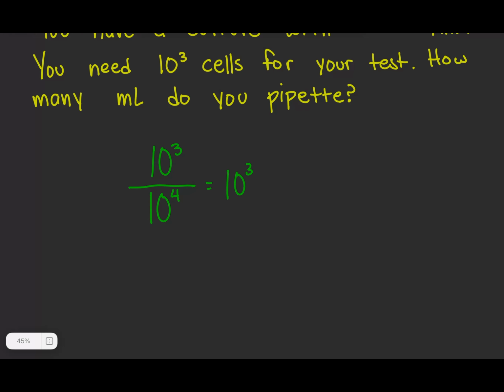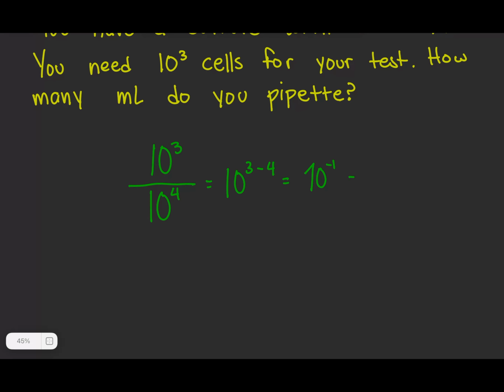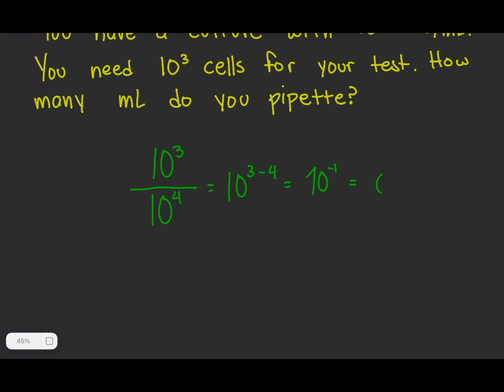So this is going to be 10 raised to the 3 minus 4, which is equal to 10 to the negative 1. And 10 to the negative 1 is the same as saying 0.1,